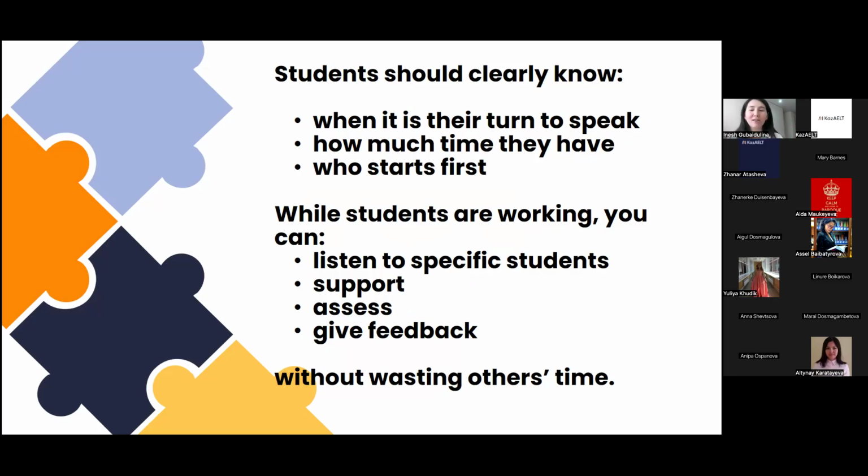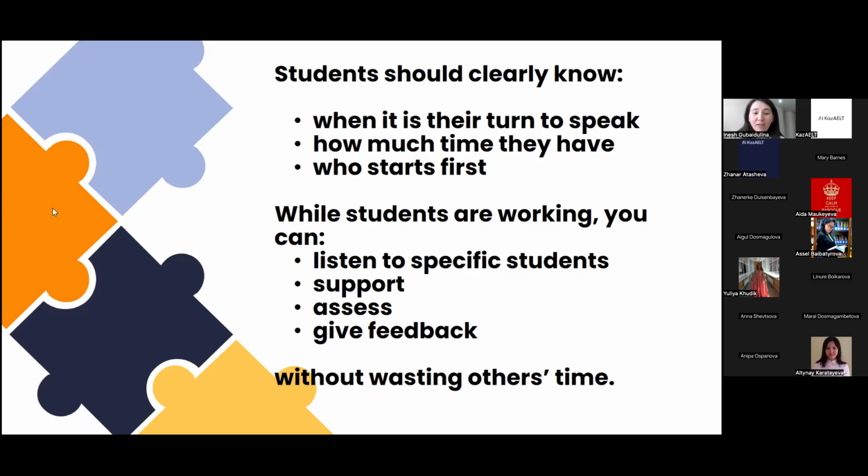Your topic is animals, and you don't ask, what animals do you know? Again, only 5 or 6 students will answer. You divide them into pairs, and they take turns until one of them cannot continue. So in this case, all parts of their brain work, and they try to remember words not only from the lessons but also from their real life.